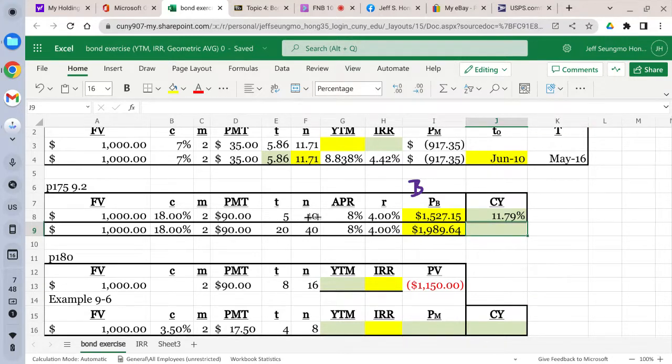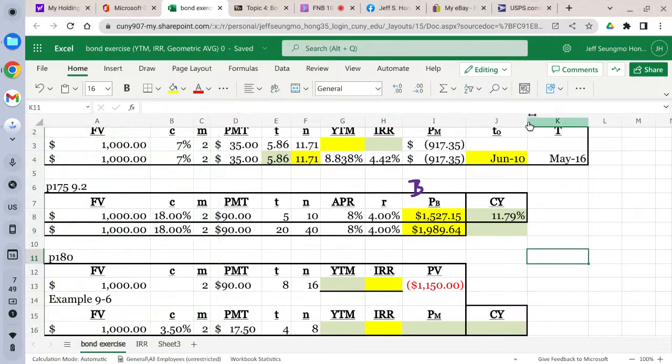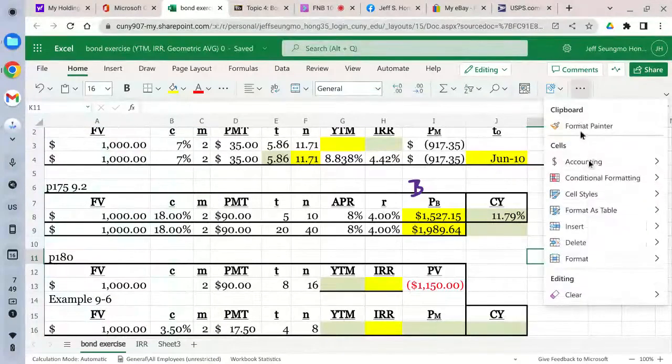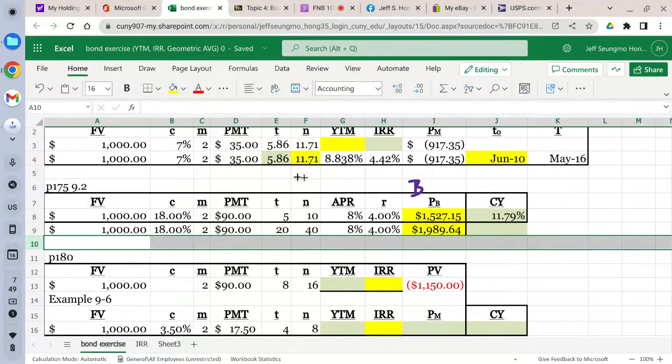I want you to actually do this exercise. You need to complete it. And if you have watched what I'm doing, if you manually input all this all over again, that's not a very smart thing to do. What I did was I just simply inserted one more row, right? You can insert one more row. I selected this row and inserted one more row.